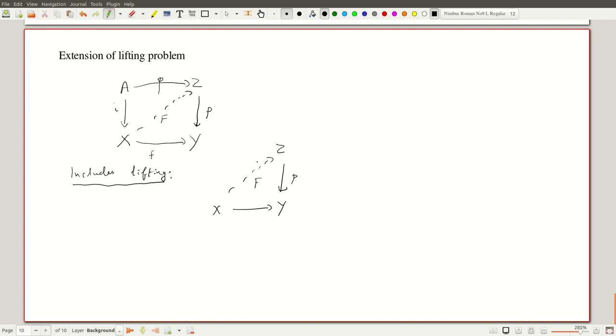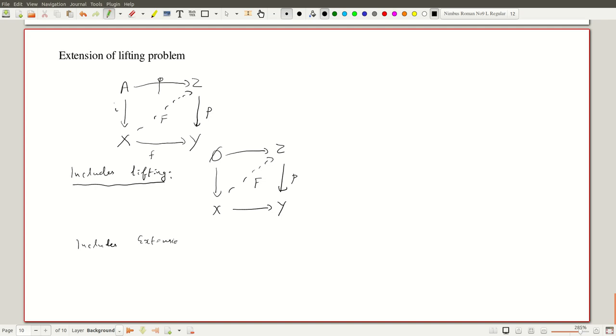And we want to write this as a relative thing. It's relative to a subset on which the lift is already defined. Let's just take the empty subset. So let's take the empty map here, and then there is a unique map from here to here. Okay, and it also includes, slightly less obviously, the extension problem.